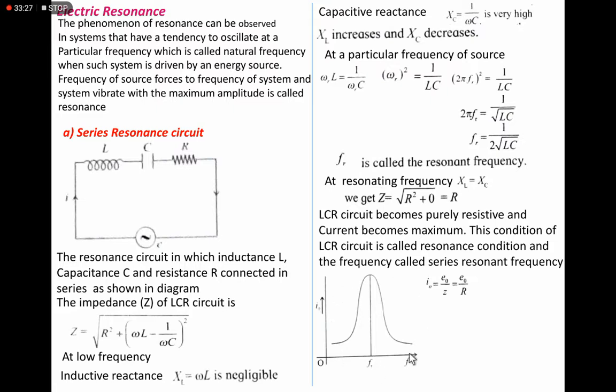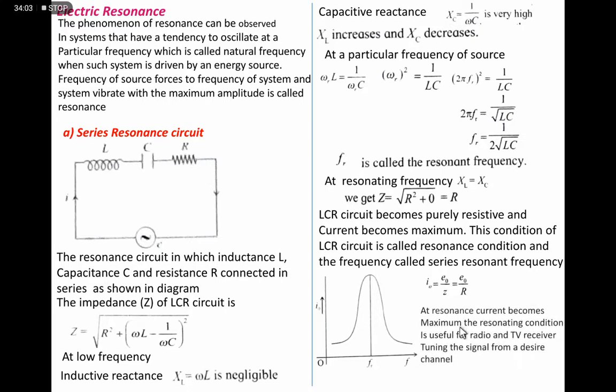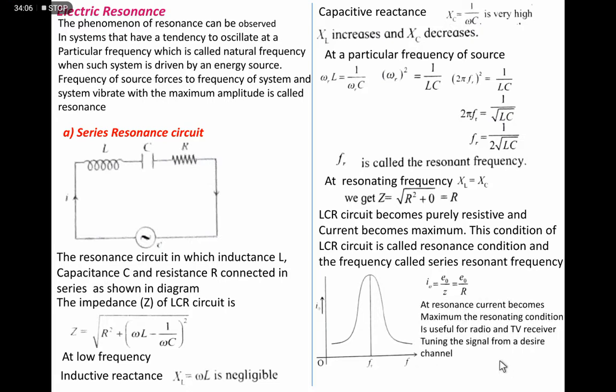You can explain this with this graph. If we plot the graph of the maximum current in the LCR circuit against the frequency of the AC generator as it goes on increasing, at a particular frequency the current becomes maximum. So maximum current is there in the LCR circuit. Definitely at this frequency, the effective resistance of the LCR circuit becomes minimum and the current becomes maximum. This condition is the resonance in the LCR circuit.